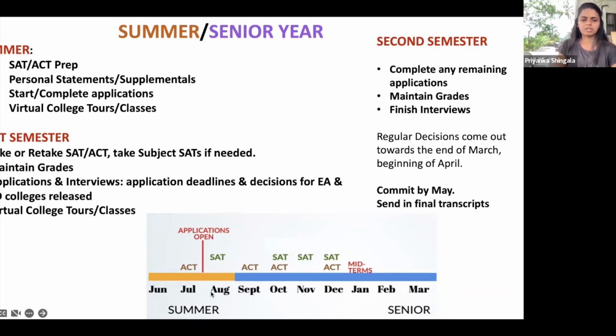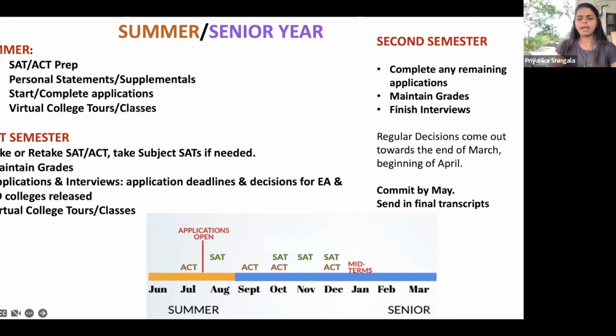So summer is a good time to do your college tours instead of earlier on. Okay, second semester. At this point, you're really just maintaining your grades, because whichever university you decide to go to will want your final transcript. Unless you've really messed up big time, it's okay if you drop a little bit in your grades, but basically maintain everything that you can to the best of your abilities.